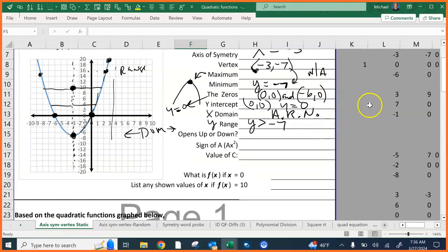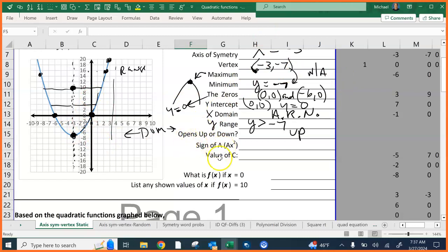Okay, opens up or down. Remember, I always think that the vertex is like the beginning. From the beginning, can we go up from there if we're staying on the graph, or do we go down? We go up, right? It's like you're in a roller coaster. You're at the bottom of one of those little curves, and now you're going to go back up the roller coaster. So this one opens up